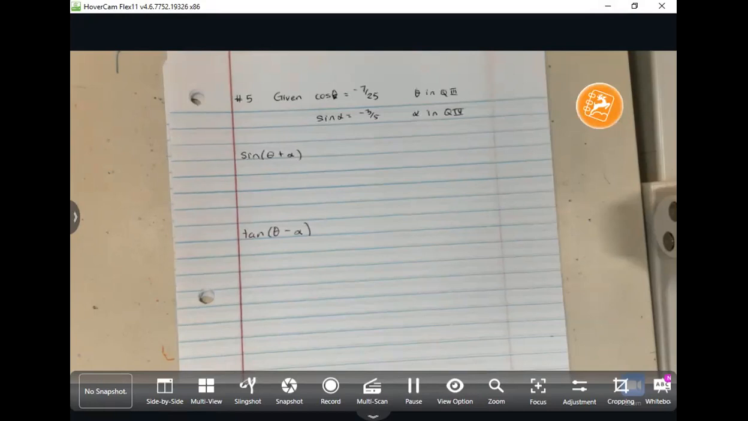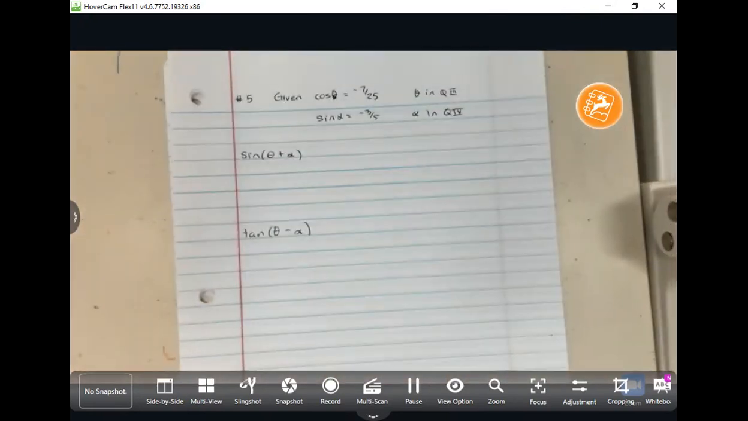All right. Given cosine of theta is negative 7/25, theta is in quadrant 3. Sine of alpha is negative 3/5, alpha is in quadrant 4. Find those two things. You know what to do? Given an expression, expand it with the identity, use right triangle trigonometry to fill in the pieces of that identity. Yes? Okay, so the sum